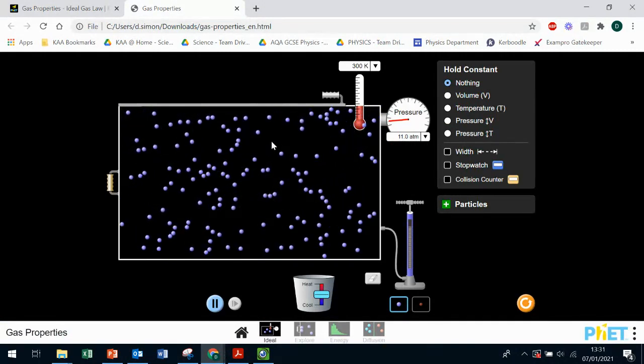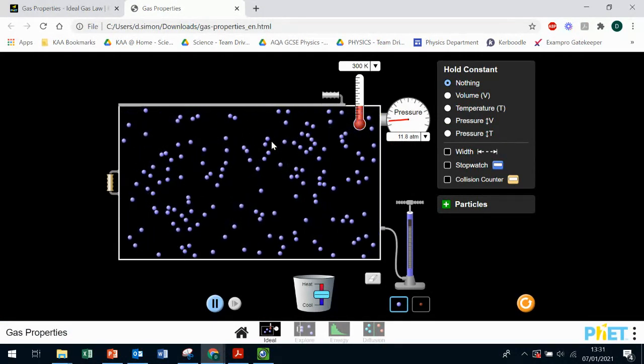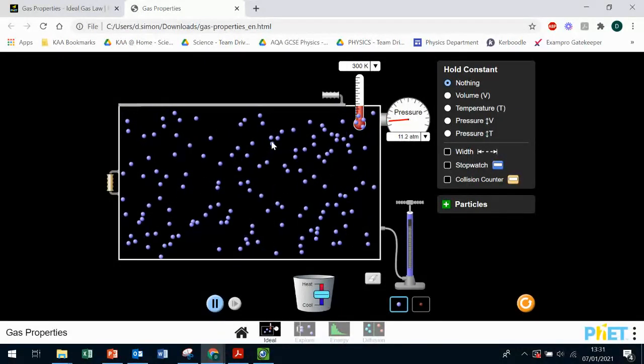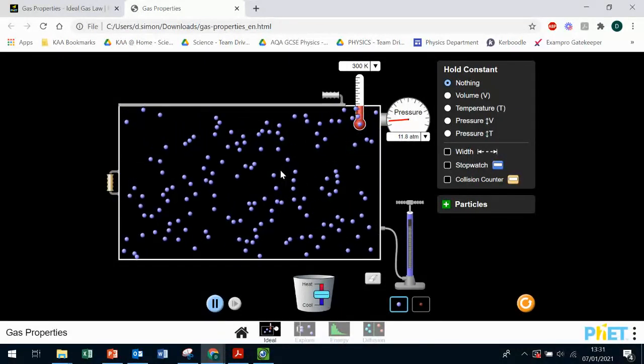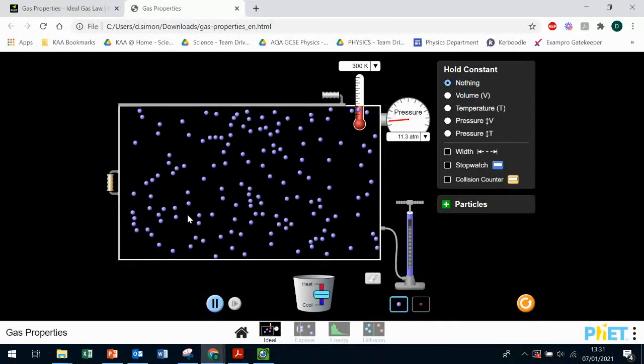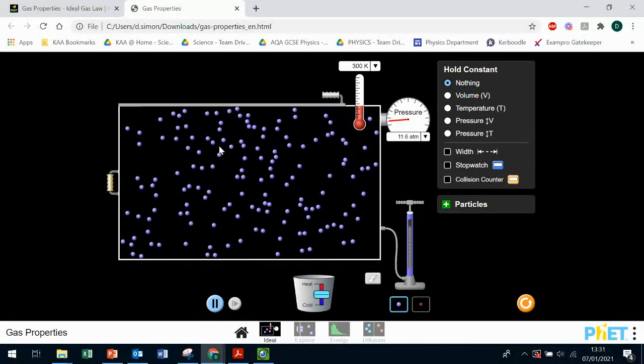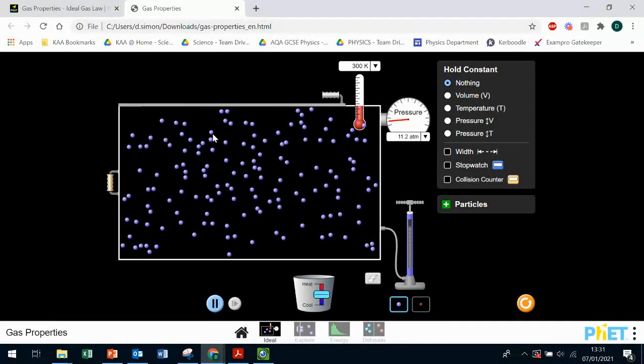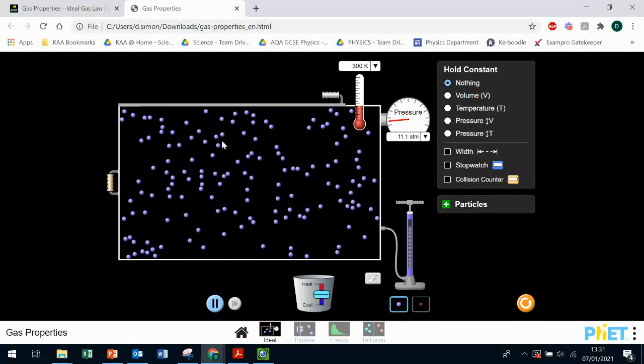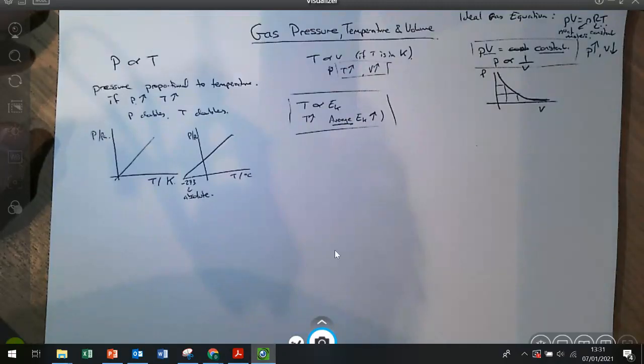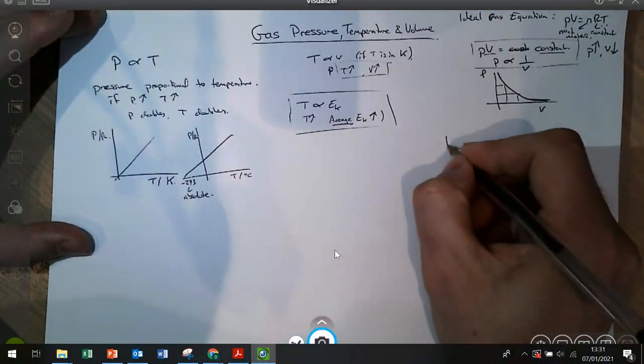It's worth having this up on a board for maybe 10, 15 minutes, talking through it, looking at the different options, because it really makes things clear. So the first thing is we can make clear, what is pressure? Pressure is the collision of particles with a surface. And we should be reminding students that pressure